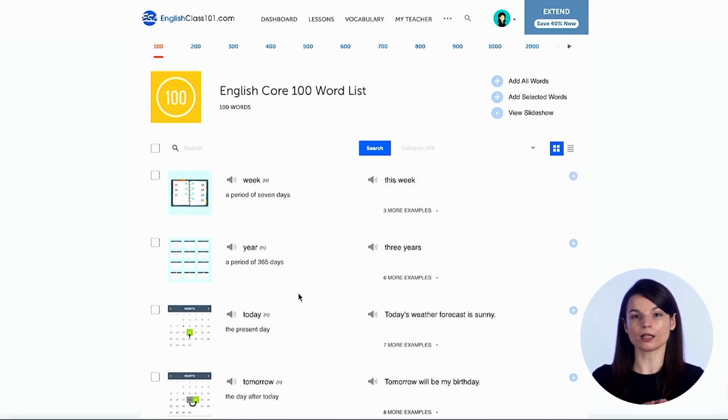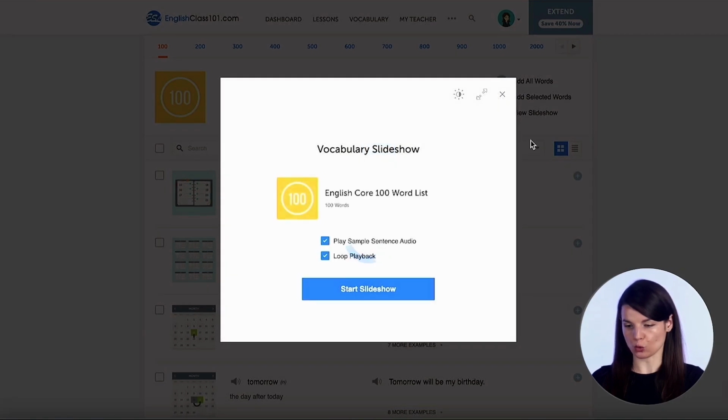So now that we know all of the different parts for each vocabulary word or phrase, I want to talk about the different tools that you can use to study these things. So first, I want to talk about the slideshow tool. We can access this up here on the right, where there is a View Slideshow link. If we click this, it will bring up the vocabulary slideshow tool, which will give us